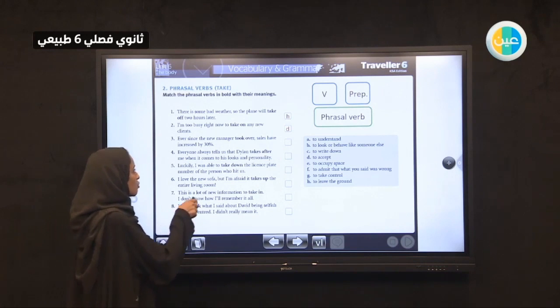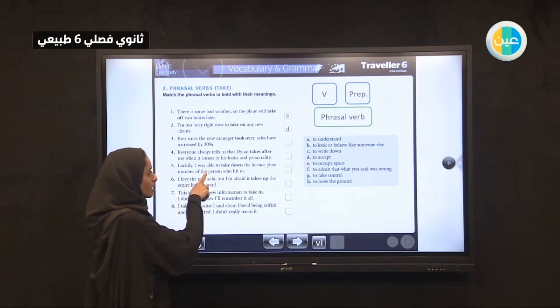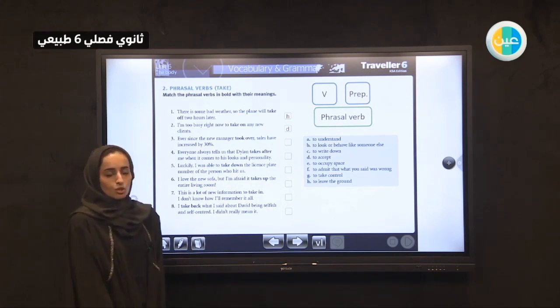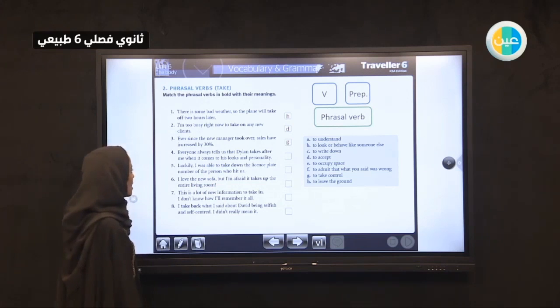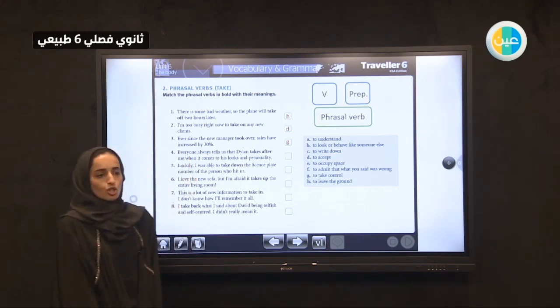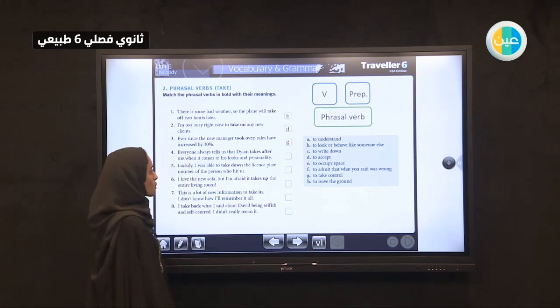Ever since the new manager took over, sales have increased by 30. So when he took over, he became the manager. So G, which is take control. He took control and he was so good, so we have the sales